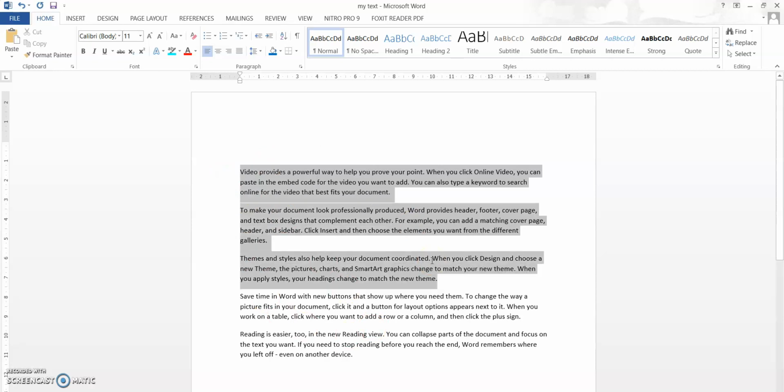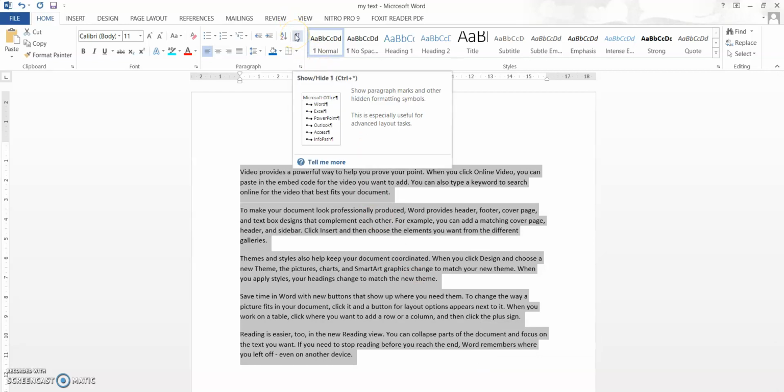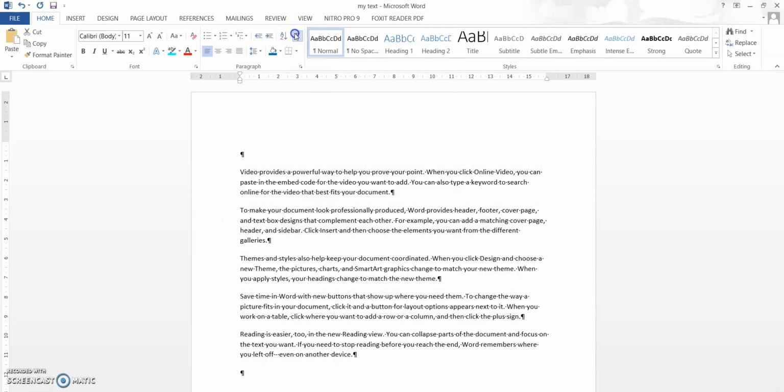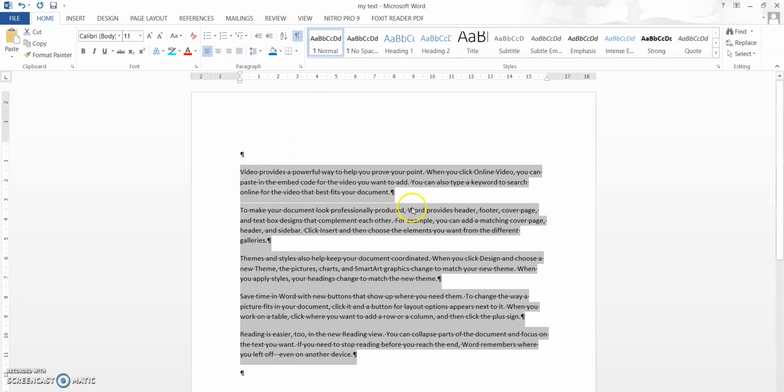Okay, so if I want the paragraphs to have a start and an end point, so that a viewer knows where a paragraph ends, this is actually used. This is also known as show or hide. It is used to mark paragraphs. So now let me select this, then press this. So you can see that the paragraph marking actually happens. So this is how we mark the paragraph. Then if you want, you can remove this also.